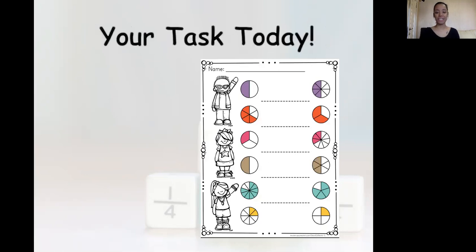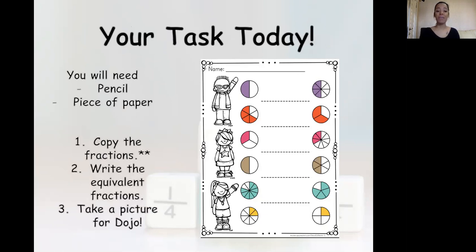This is your task for today. As I said, it is very simple. You do not need to print anything out unless you want to, okay? The idea is that you always use a piece of paper and a pencil, okay? You are going to copy the fractions if you want. If you feel like you've been copying too many fractions and it's so much work doing the circle and the lines, that's okay. What you can do is write number 1. If you want, let me show you. You can write here number 1, and then go ahead and write the fractions for this one and this one